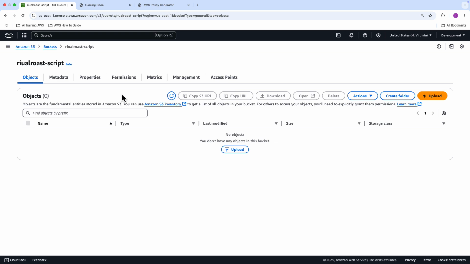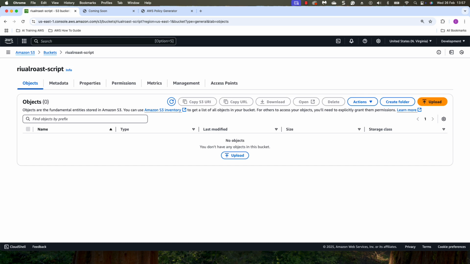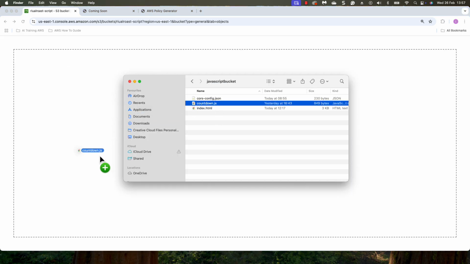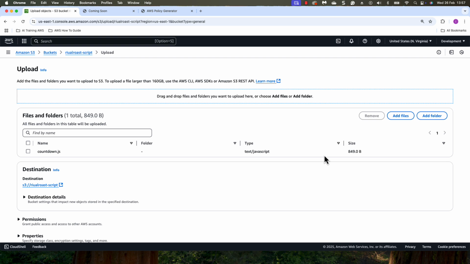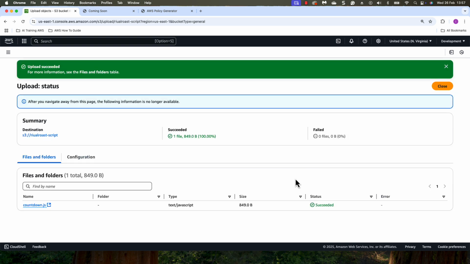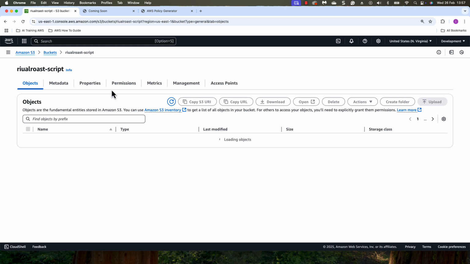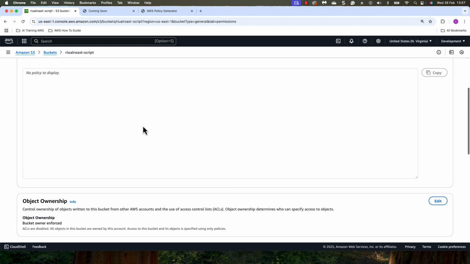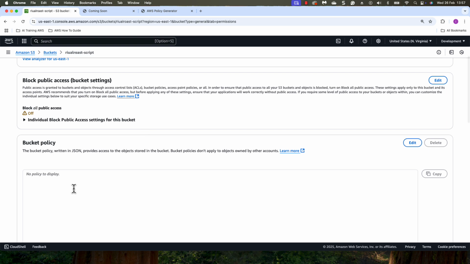What we're going to do is upload the files to it. I'll show you which files again. Specifically, we're going to be uploading the countdown.js file, which contains the countdown JavaScript. So we just upload that. Okay, that's uploaded. Fantastic. Next, we're going to set the permissions, because this is going to be a web page as well that we're going to access. So we're going to create a bucket